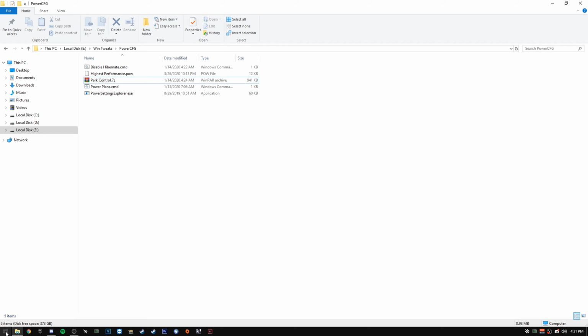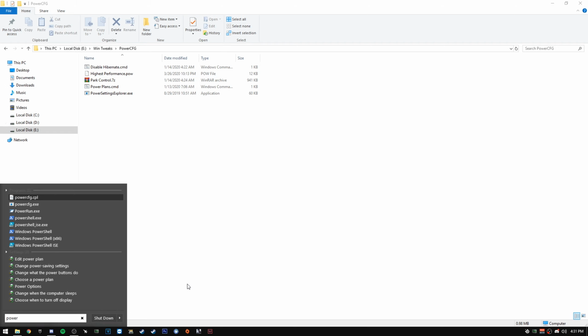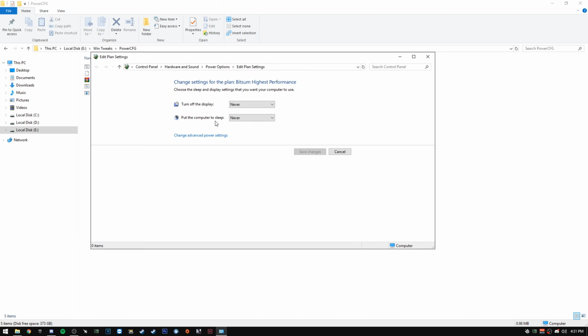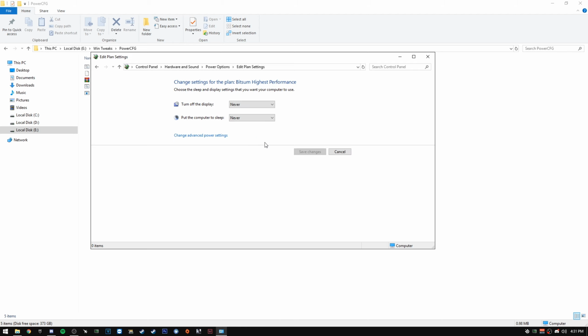and then what you're gonna want to do, type in power. Click on Edit Power Plan. Click on Power Options up here at the top, and you're gonna make sure that it'll say your active plan. I have all my other ones deleted. I'm about to show how to do that. But you're gonna make sure it's active. Change plan settings. Make these never. And then